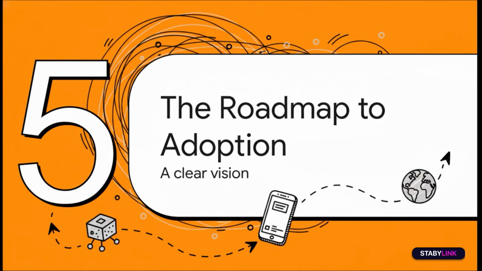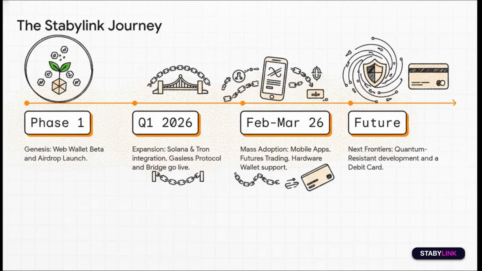Look, a solid foundation and a clear token strategy are great, but a project is really only as strong as its plan for the future. So let's check out the roadmap and see how they plan to bring this super app to the masses. They've broken the whole journey down into 4 distinct phases. Phase 1, which is happening now, is the Genesis phase, getting the smart contracts out, releasing the beta, and starting the airdrop. Then Phase 2, in early 2026, is all about expansion. That's when the core multi-chain and gasless features really come online. Phase 3 is about mass adoption, with mobile apps and more exchange listings. And then Phase 4. This is where things get really forward-thinking, with goals like quantum-resistant security and even a physical